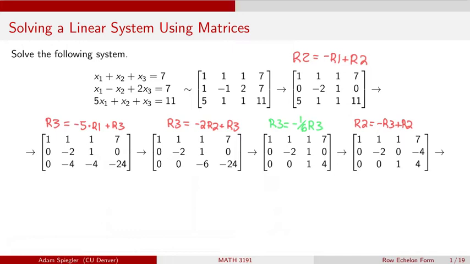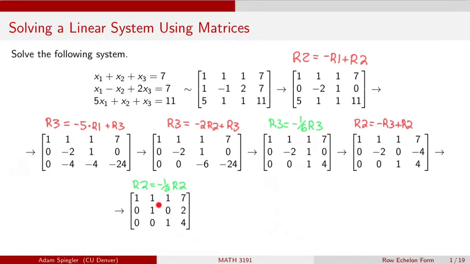We do a replacement on row 2. And if you're following my arithmetic, this just means I'm going to replace row 2 with minus 1 times row 3 plus row 2. And now we've got row 2 just about in the right form. If I do a scaling on row 2, I now can see that, okay, x3 is going to have to